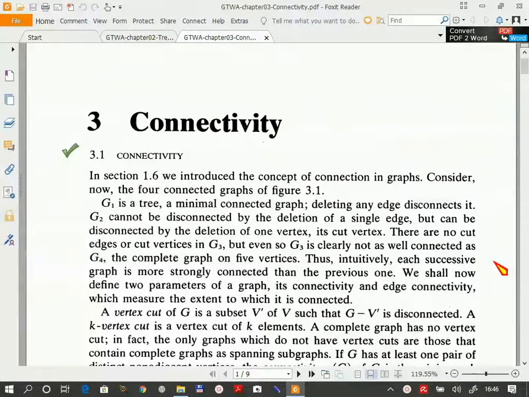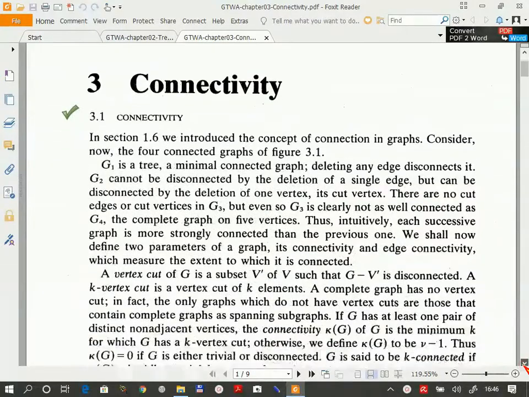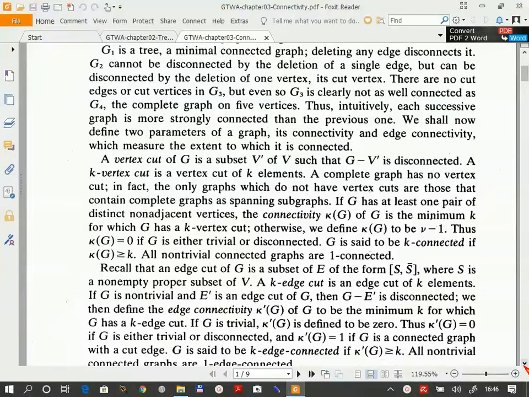If you have a loopless graph, if you have a cut vertex, it means that its deletion makes the number of components greater. So if you start with a connected graph and you have a cut vertex, not the vertex of a loop, then its deletion makes the graph disconnected, okay? But then we have also the notion of edge cut, so a certain set of edges whose deletion makes the graph disconnected. And we have also a similar notion here, a vertex cut of G is a subset V prime